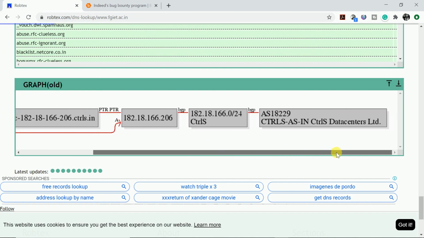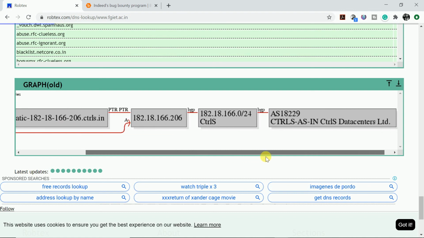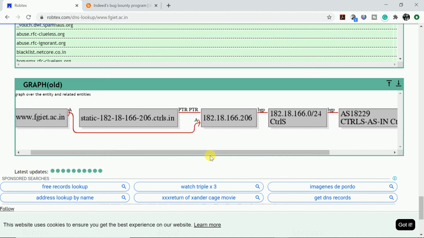So here we can't see any other records. Definitely it should not have mail records and all the other records that we have talked about for this particular college institute. But I just wanted to give you a clear picture of all the records here, so that it would be easy for you to understand what I was talking about when we were discussing in the theory section.